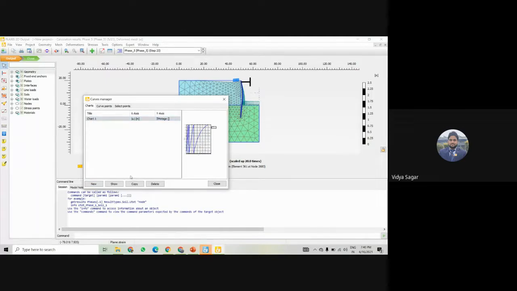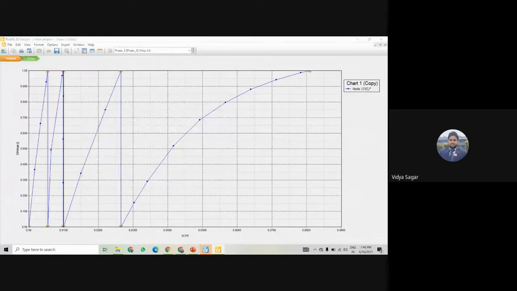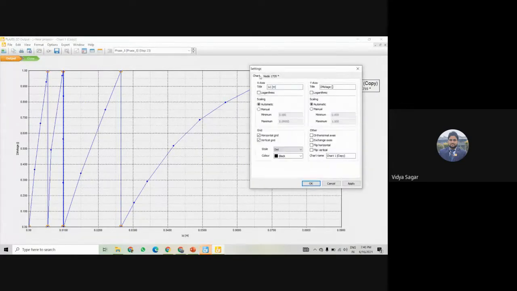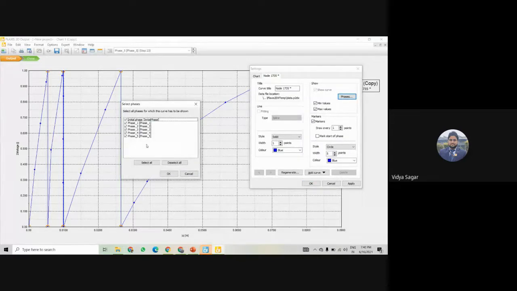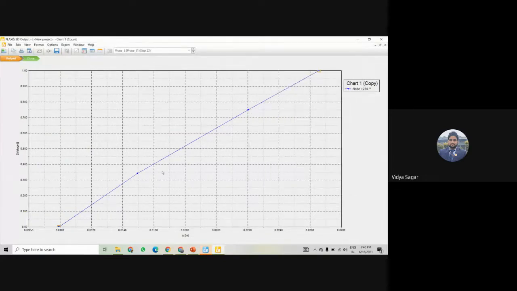check this, copy this curve first and double click here, so then I can see different phases are there. If I remove these phases from here and I check for phase 4, then I can click OK. Only phase 4 you can check. This is the curve for phase 4, right? And if you